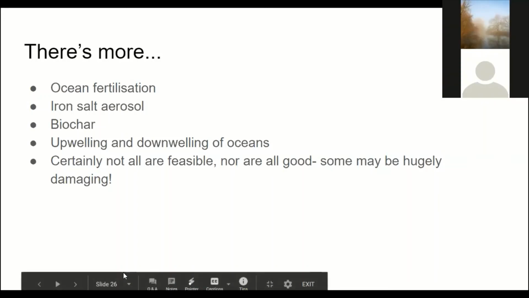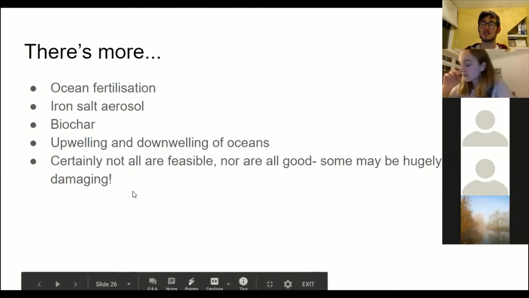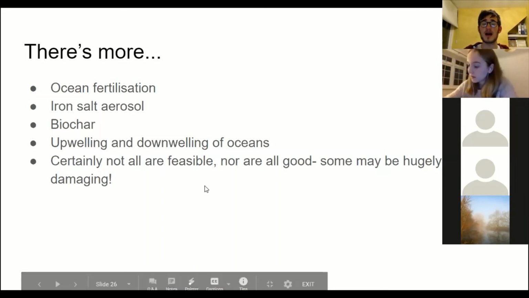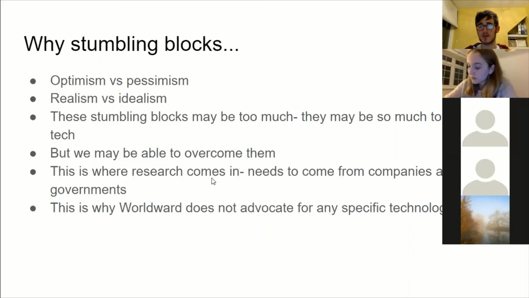All right, fantastic. So the next thing I just wanted to set out before we look at why I talked about stumbling blocks is a quick overview of where these fit into Worldwood's model of change. We view the first priority in everything as achieving net zero. That firstly means reducing the amount of carbon dioxide we put into the atmosphere to essentially zero by shifting away from fossil fuels and into renewables, and making many other changes to our economies, which is what a lot of the conventional climate movement is already campaigning for.